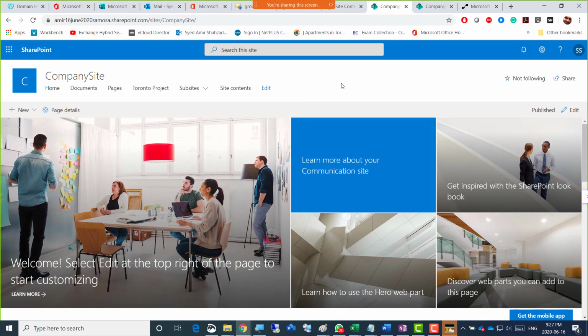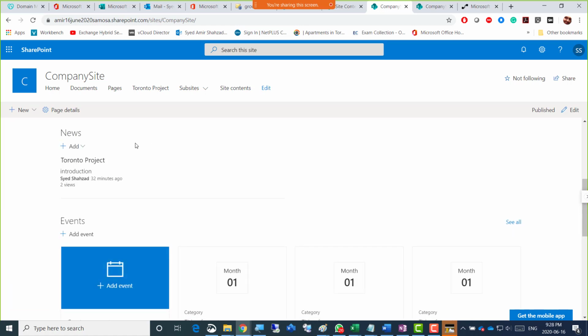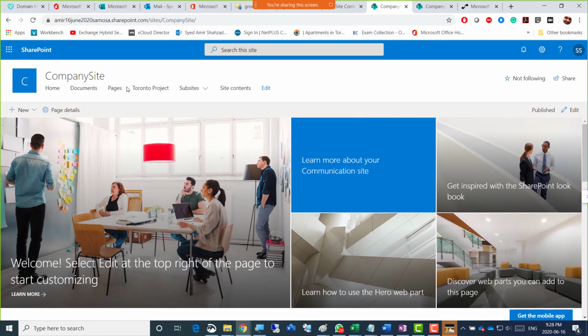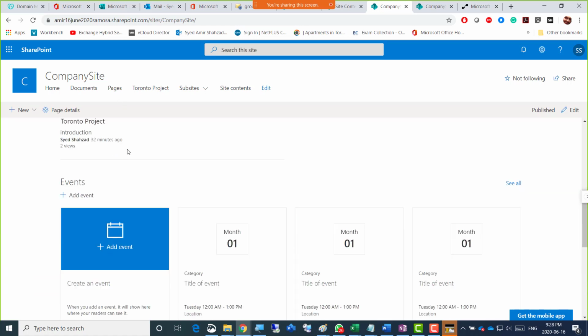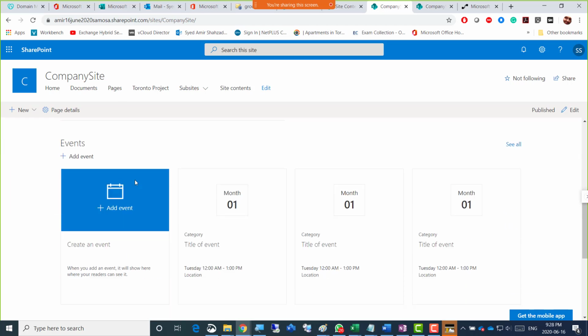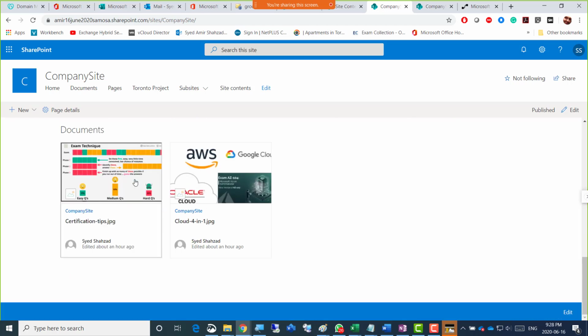But what we understand from this is that when you create a subsite, it does not automatically have the link to the main site of which it is a subsite, right? If I go further down on the main site, nothing.